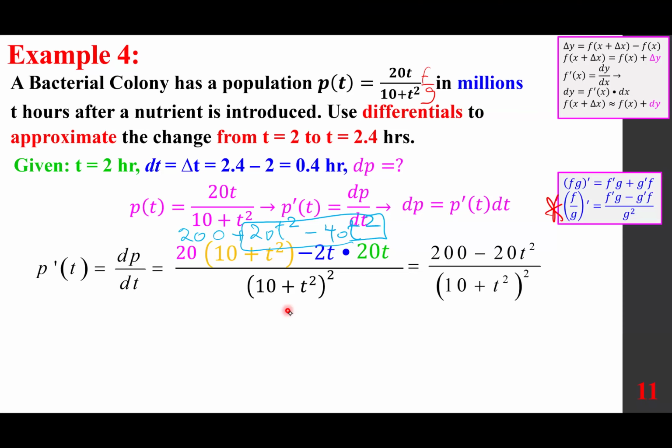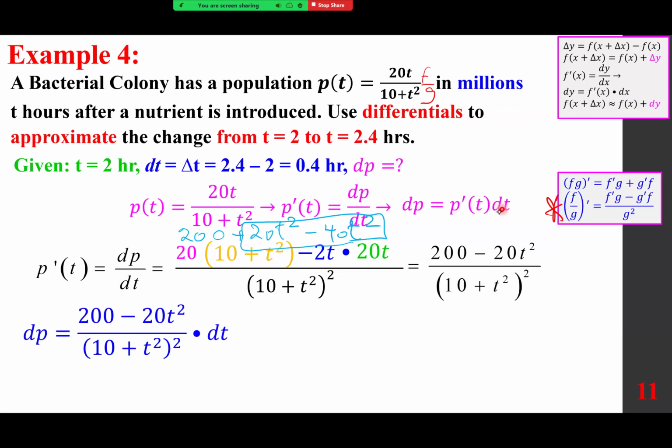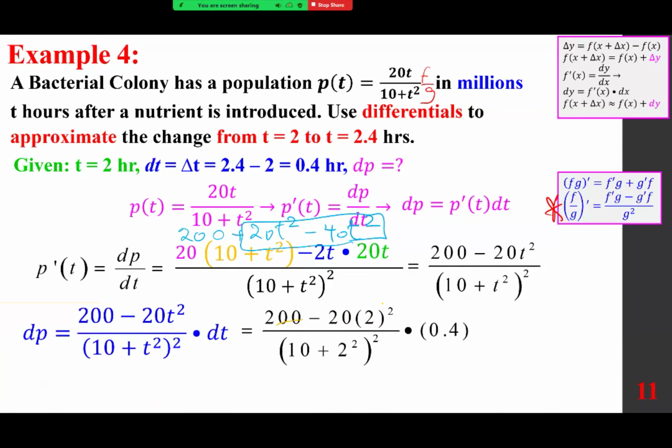That's p prime of t. What is dp? Same thing times dt. We are going to evaluate this expression by using t equals 2 and dt equals 0.4. 2 squared, 4 times 20 is 80, 200 minus 80 is 120. This is 14 squared, you get 196, and 120 over 196 times 0.4, putting it into a calculator, results in